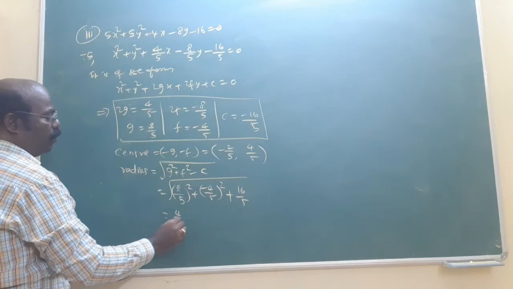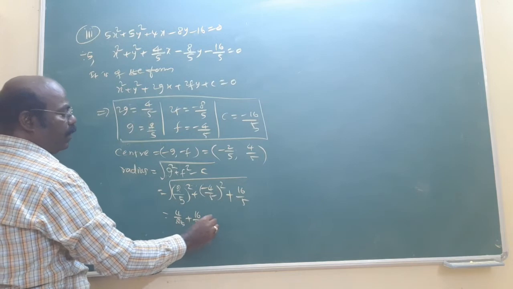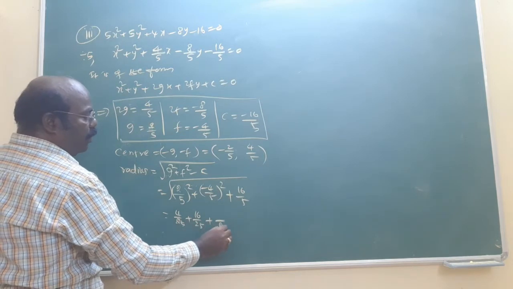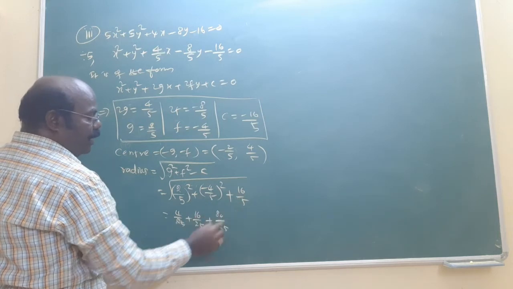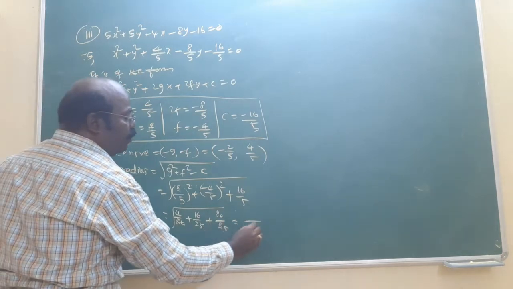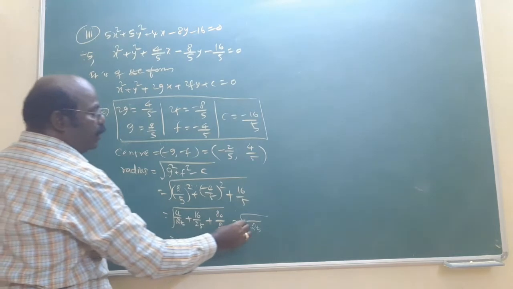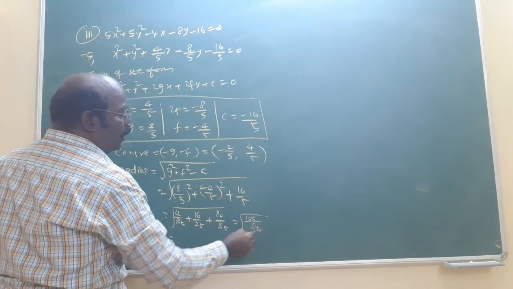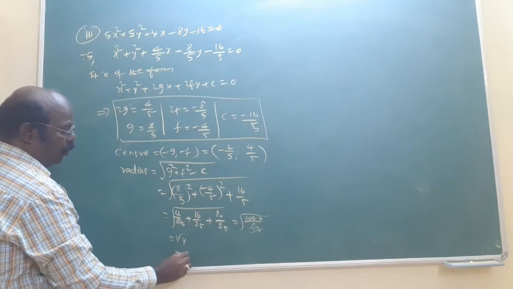Now simplify: 4 by 25, 16 by 25. Now denominator multiply by 5 means 25. Numerator is what? 80. Multiply by 5 divided by 5. What is the reason? All the denominators having 25 means taking the LCM is easy for you. Am I right? Now adding all, denominator 25, numerator 100. 1 times 4, 4 times. Am I right? Root of 4 is what? 2 units. That is the answer.